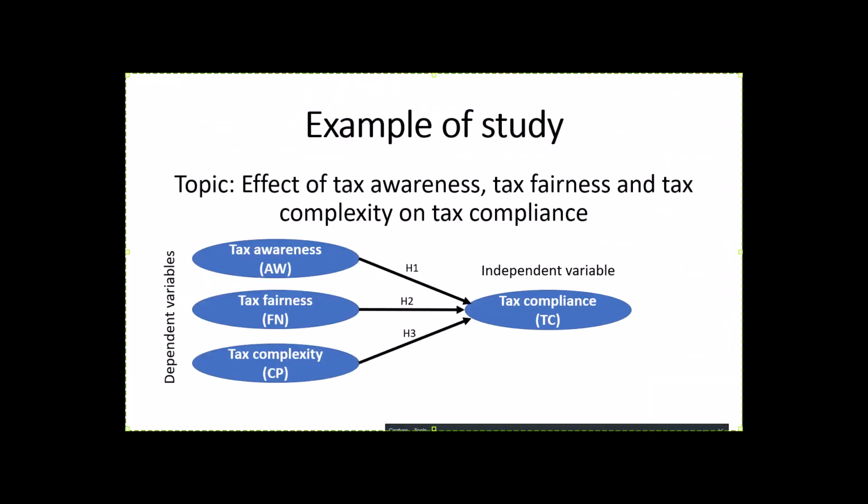So now that we have cleaned our data and it's ready for analysis, we need to go back to our objectives and think about what exactly we are doing in the analysis. To think about the objectives of the study, it's always a good idea to look at your diagram, your conceptual model. So in our model, we are hypothesizing that tax awareness has either a relationship or an effect or both on tax compliance. Tax fairness has an effect, that's H2, on tax compliance, and tax complexity has an effect or relationship